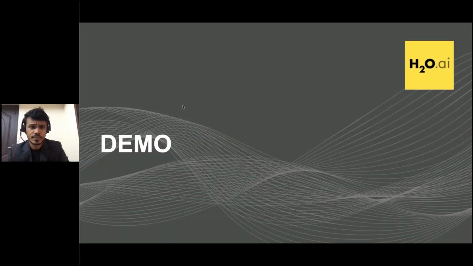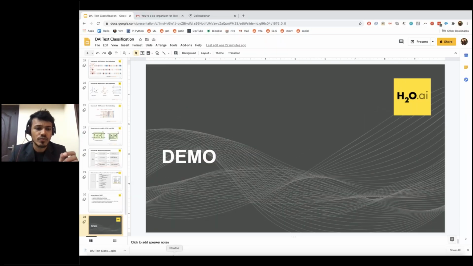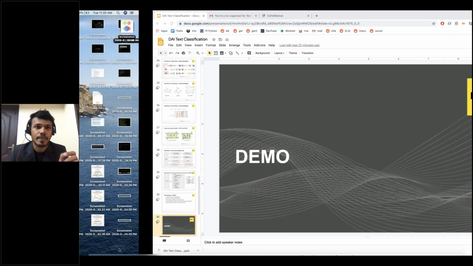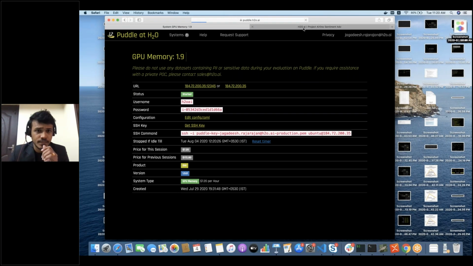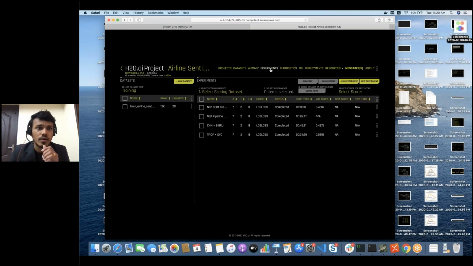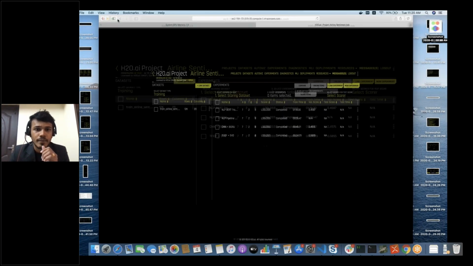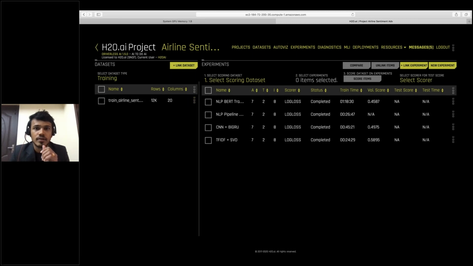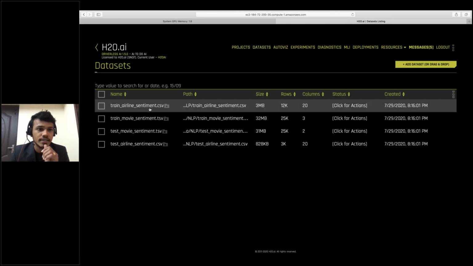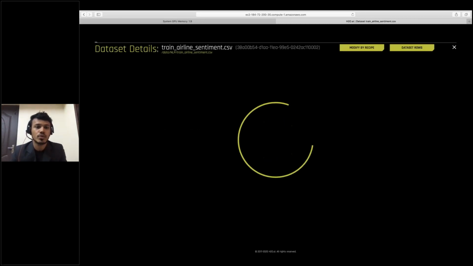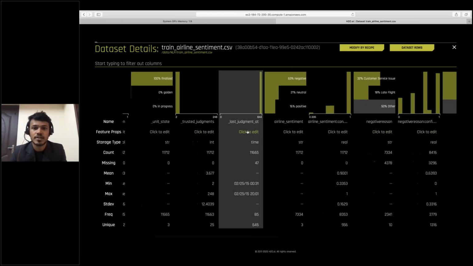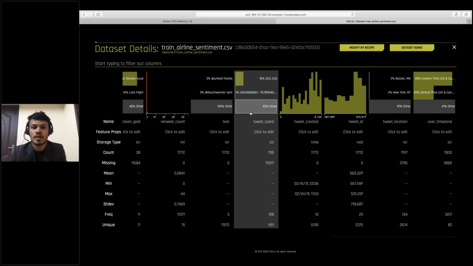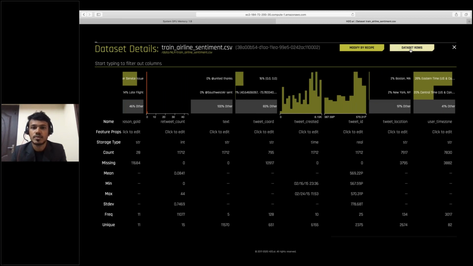Now let's have a quick demo of Driverless AI, of how we can approach the same things using this tool. So here we have a data set, which is the airline sentiment data set. If you go to quick and view details, this is how the data set looks. And as I mentioned, this one has text columns and a bunch of other columns as well. So let's look at the data in the raw